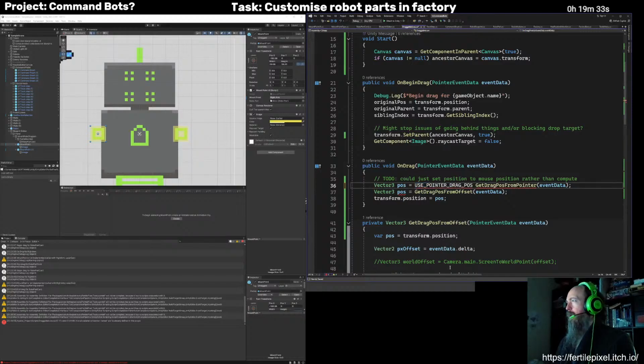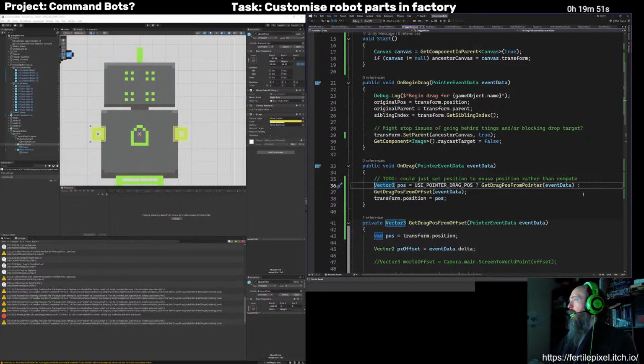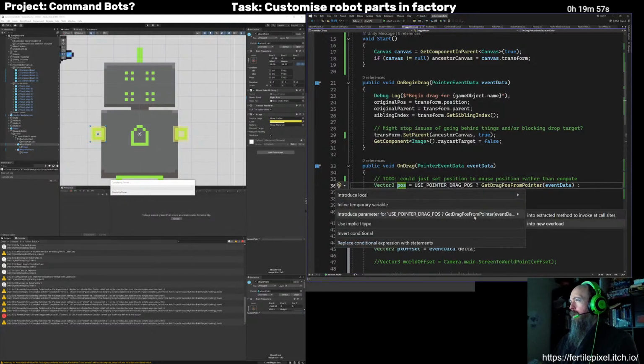I need to check what's the deal with constants. Use that, then it's that. Otherwise, it will be that. And there we go. And then I can just inline that temporary variable.